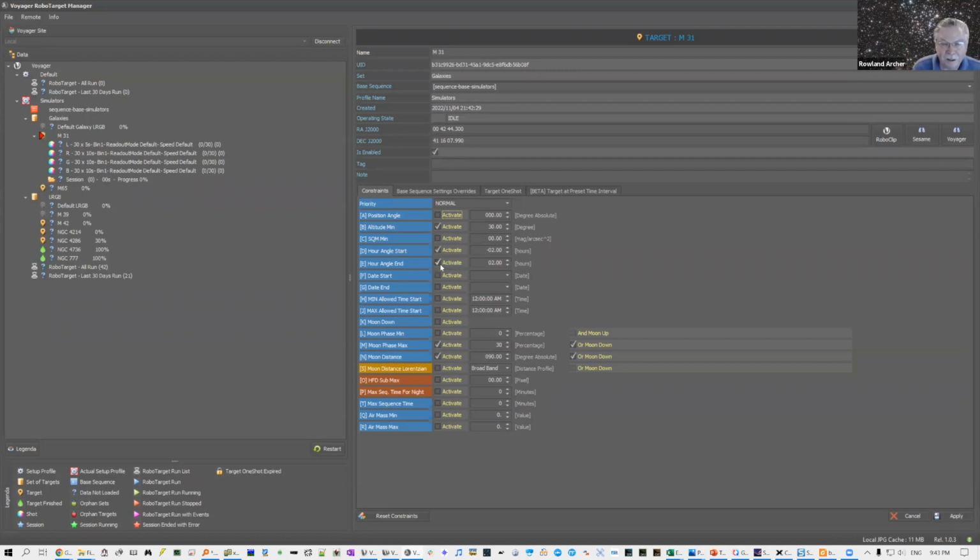One I use a lot is hour angle start and end. So this says run it 2 hours before and 2 hours after its transit. So I know at that point it's about as good as it's going to get at my location. So I don't even have to worry that much about minimum altitude, because I might have a target that never gets higher than 30 degrees and I still want to try it. You can set a date start and end for your target. So if it's a seasonal target,